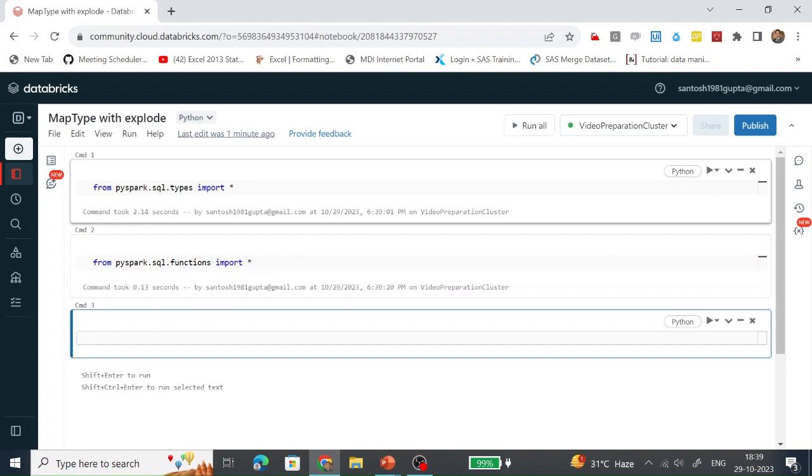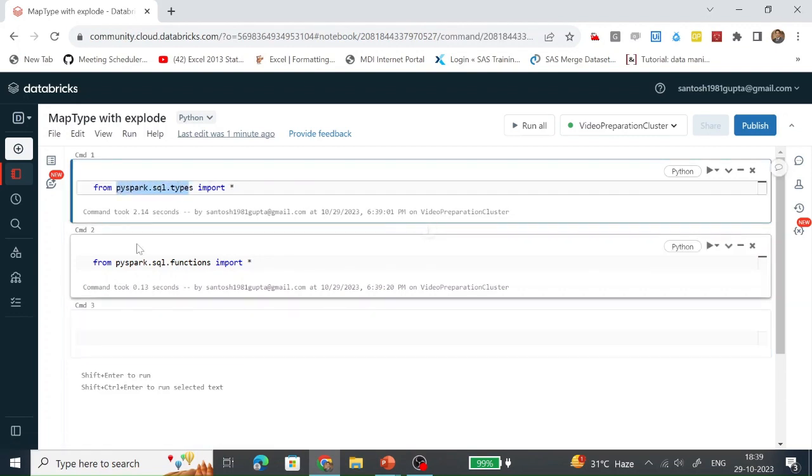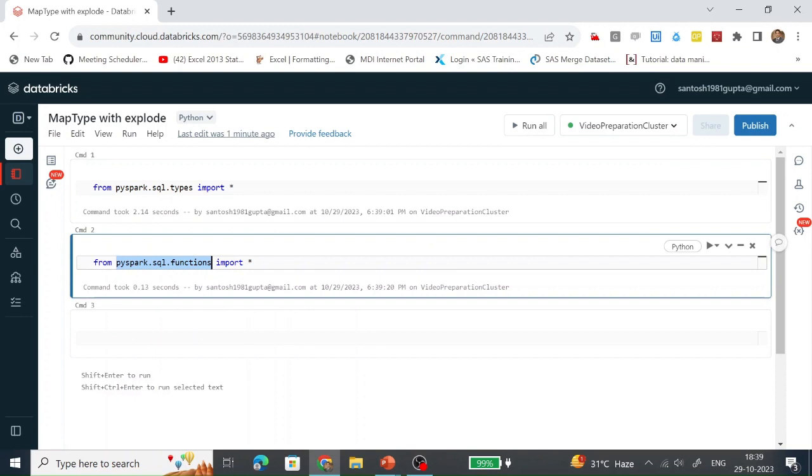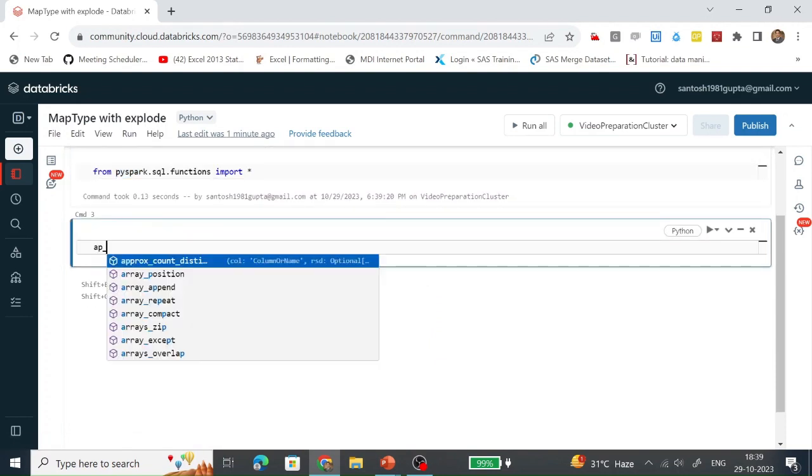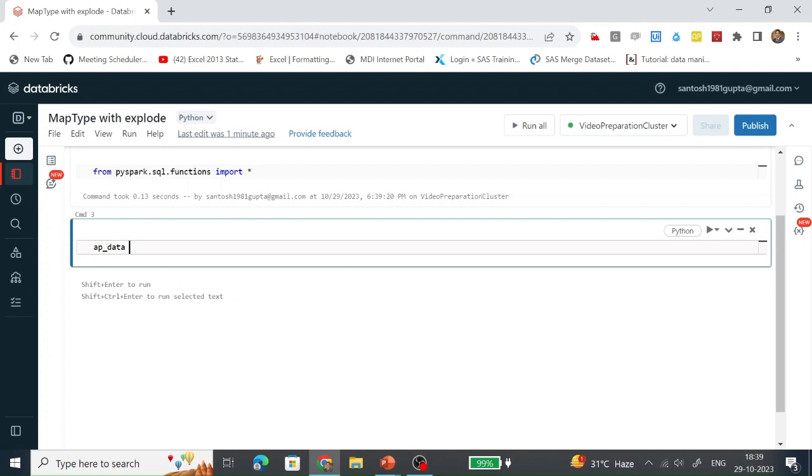So the functions which are present in this package are now available in this notebook. Let's create a list object. Let's create a dictionary object in it.